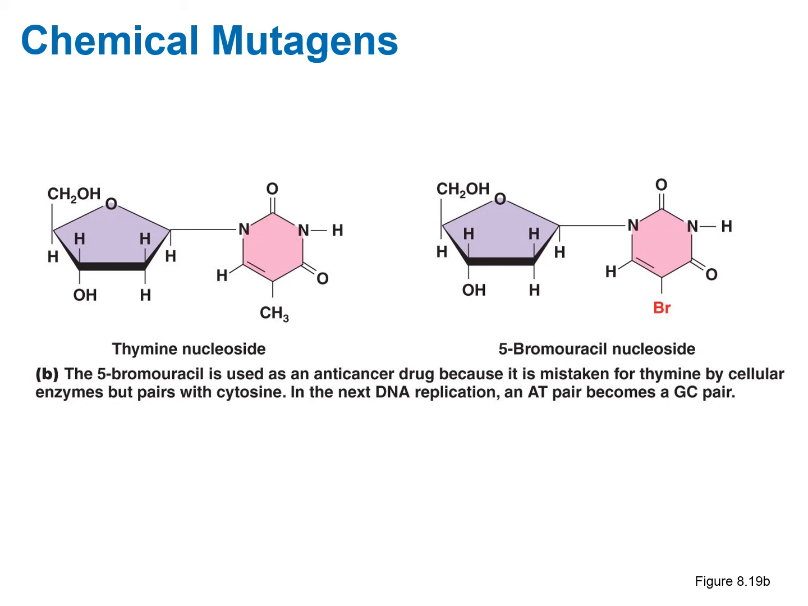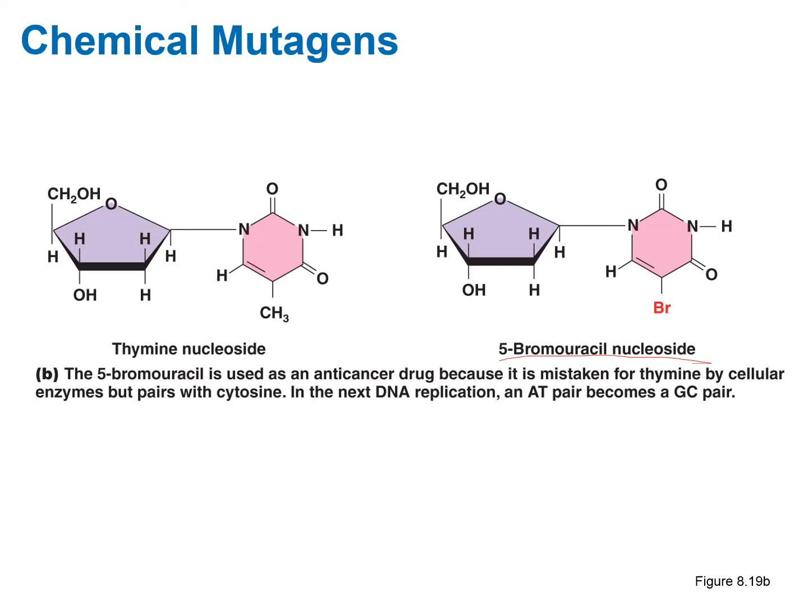This is 5-bromouracil. 5-bromouracil does basically the same thing. This is an anti-cancer drug. And the way it works is we know that cancer cells tend to reproduce in an uncontrolled manner and at a much faster rate than normal cells. So when you add this to someone's blood and their cells take in this 5-bromouracil nucleoside, it's going to be more likely taken in and incorporated by the cancer cells because they're reproducing DNA so quickly in comparison to normal